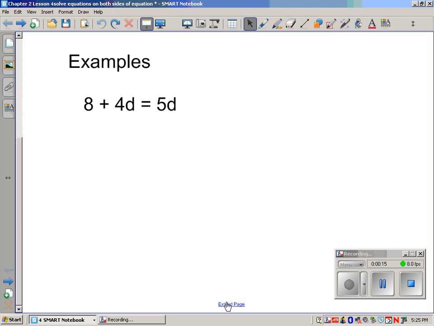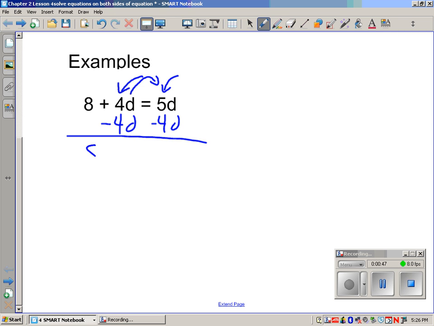Our first example will be 8 plus 4d equals 5d. What I like to do on these is look for the highest positive coefficient attached to the variable. We have 5d here and 4d here, so obviously the 5d is the highest positive coefficient, so we're going to move the 4d over to the 5d side. What we do is subtract 4d from both sides,